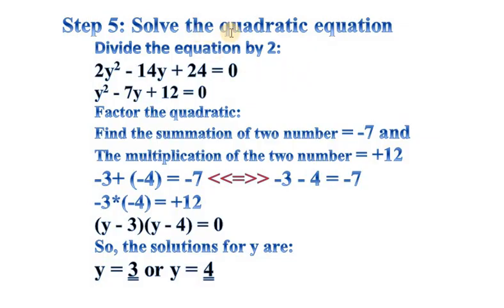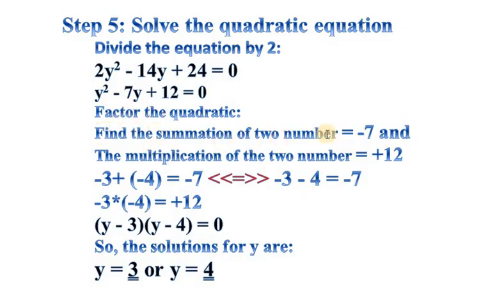Step 5: solve quadratic equation ነው የሚለው። Divide the equation by 2. 2 divided by 2, y raised to 2, minus 14 divided by 2 is minus 7y, plus 24 divided by 2 is plus 12, is equal to 0 divided by 2, 0 ይሆናል ማለት ነው። So our quadratic equation is y raised to 2 minus 7 times y plus 12 is equal to 0 ይሆናል። ይሄንን ፋክተር እናደርጋለን።